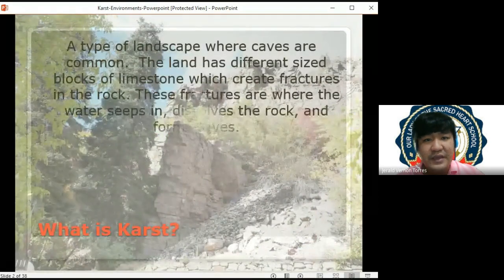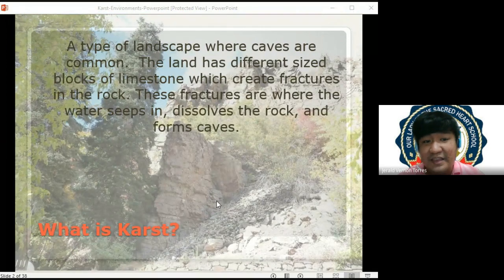So when we are speaking of karst environment, that's technically yung caves natin. Ito yung caves natin, or these are actually land formations that is formed by the desolvation of the parent rock. So technically, in a karst environment, there is a desolvation, not deformation, sorry for that. Desolvation, meaning na dissolve, or nagkaroon ng chemical action on the parent rock causing it to dissolve.